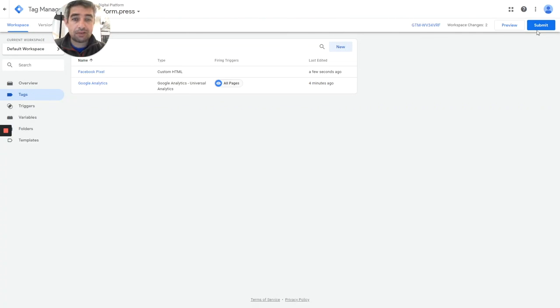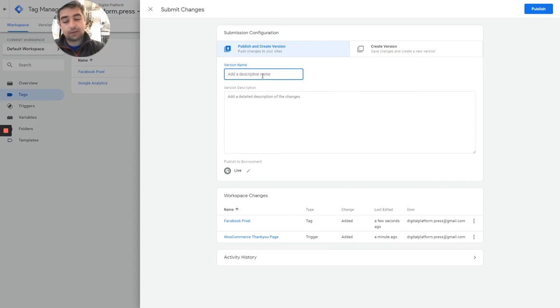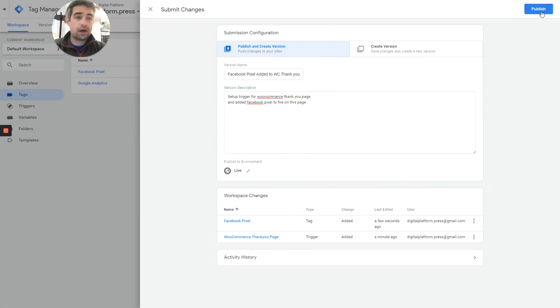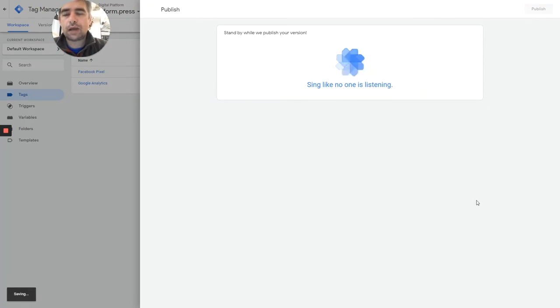So again, if I want to submit this, I just click submit. I'm just going to add Facebook pixel added to WooCommerce. Thank you. Okay, I'm just going to set out in detail what I've done here. So set up a trigger for WooCommerce thank you page, and added a tag to fire on that page. Okay, so when I click publish now, that will go live, and I then should be able to see